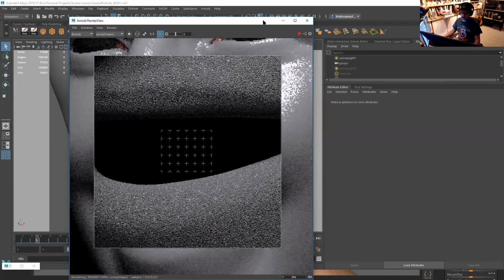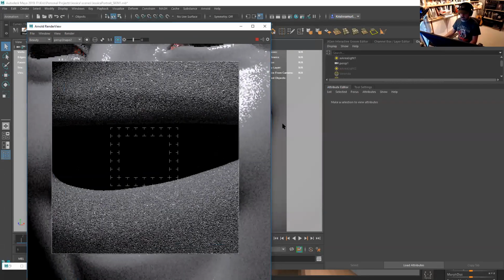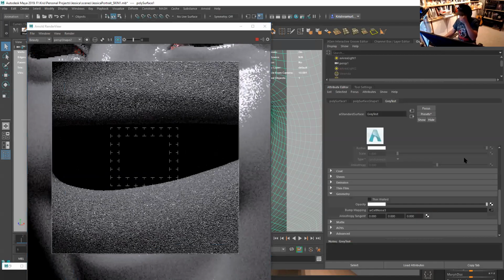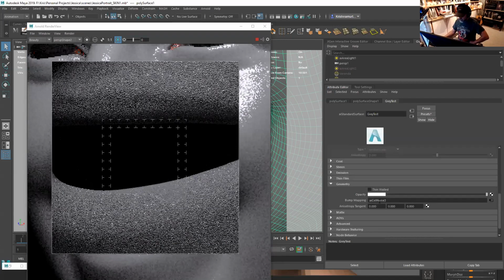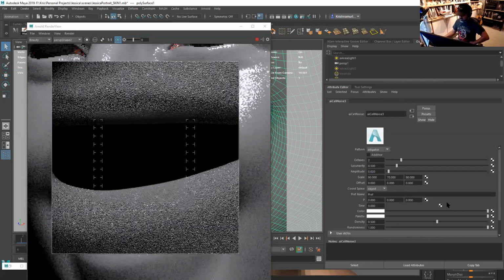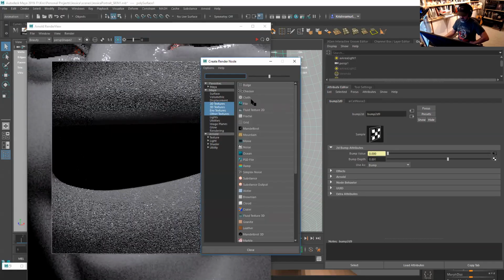So now that we have that, and we can tell that it's very bumpy, let's plug that map that we just exported. The way I plug it is right here. So if you go to your cell where you have your bump map, under geometry, click the little arrow. Let's cancel it for a second. And then click this one to go back, right? So we have this node. Under this one where it says bump depth, we're gonna be plugging those maps. So we're gonna click on it, select file,